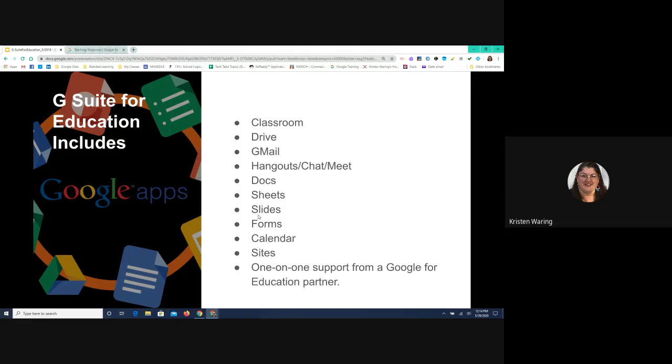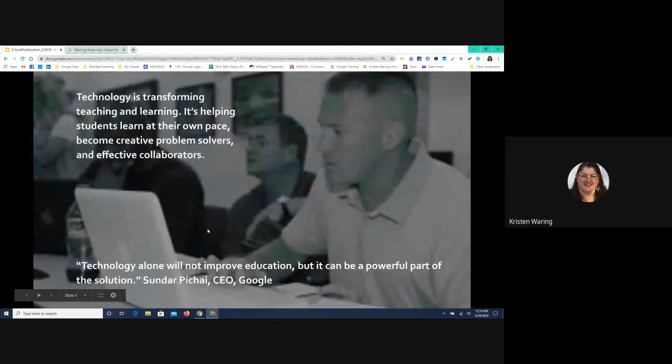Google Calendar integrates with all of these other tools to make a great time management location and tool for you and your students to use. Google Sites is for building websites. And the great thing about G Suite for Education is even though it's free, it still comes with one-on-one support from a Google for Education partner. So anytime there's issues, we have somewhere to go to get help with those issues. All right, so